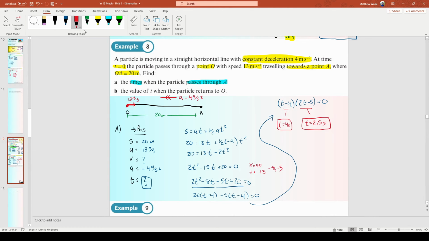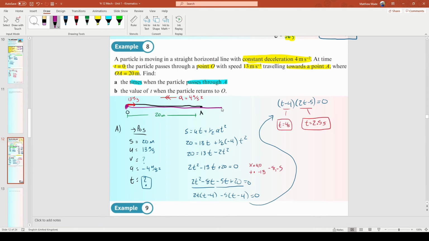Now, I'm going to go off on a tangent. Why would you have two answers? Can anyone think as to why? It's right, actually. It's right that we had two answers. It's because here's what's happening. So I'm going to scribble on this, then I'm going to erase it. So it's just a one-time shot. You start at O, right? And here's what the particle does. It starts off going 13, it goes slower, slower, slower, slower, slower,